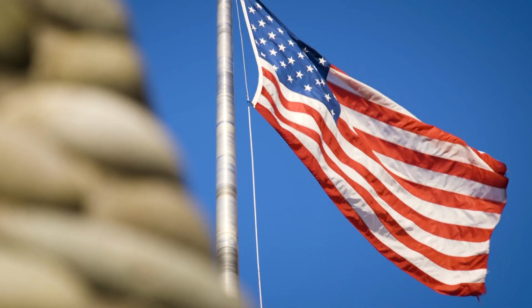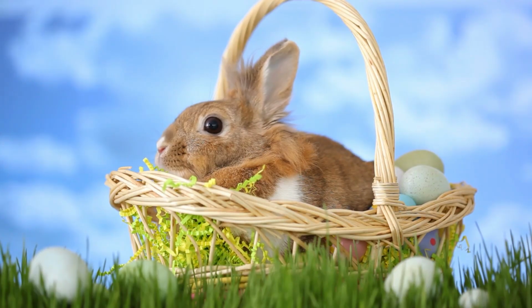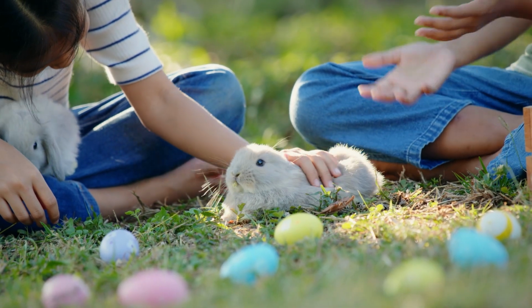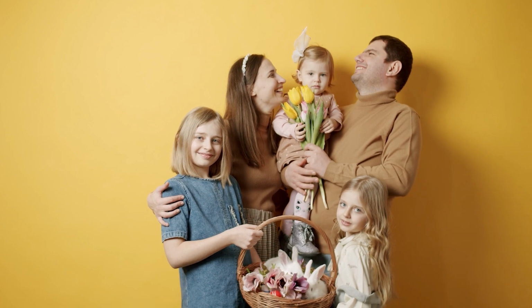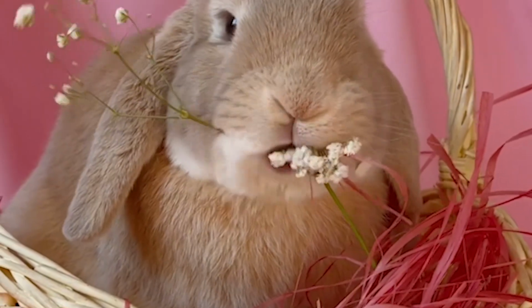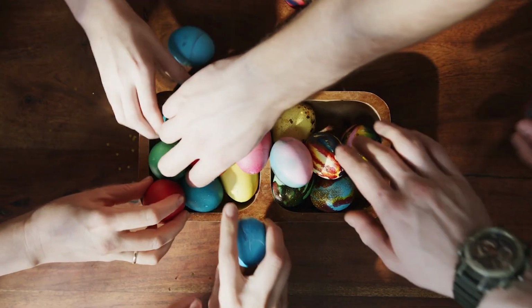Did you know that Americans spend over $20 billion on Easter celebrations every year? From candy-filled baskets to adorable plush toys, the right Easter basket can make the holiday even more special. But with so many options, which ones are truly the best? Stick around because today, we're counting down the 25 best Easter baskets in 2025, and the number one pick is